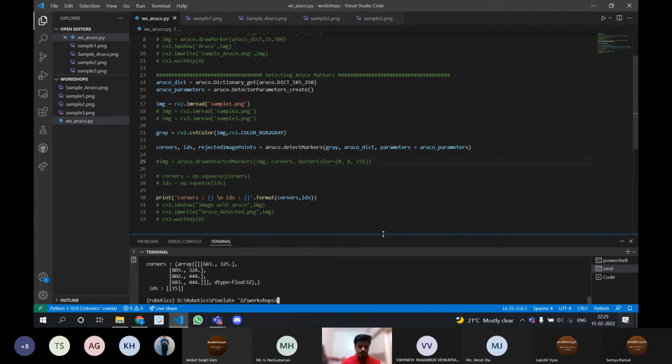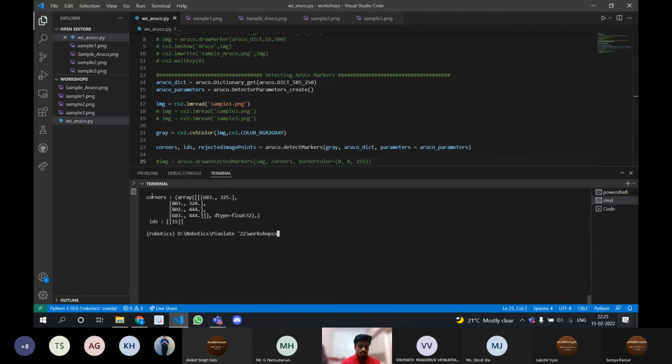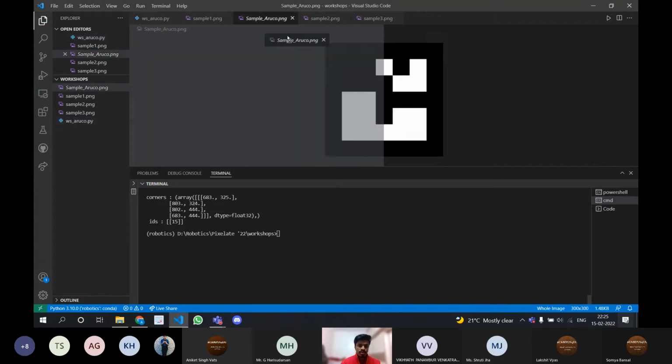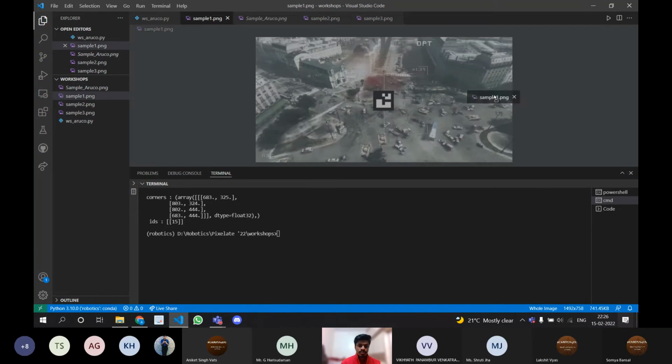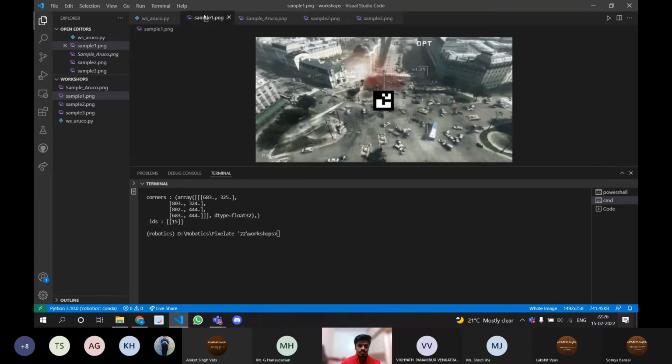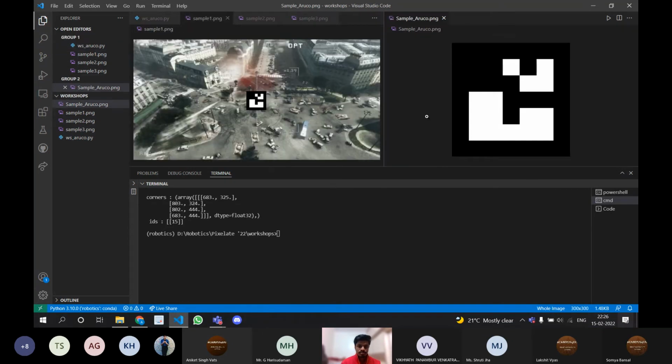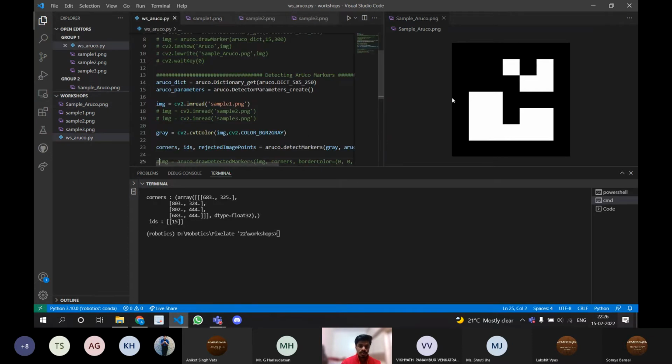Okay. So now you can see that. First of all, it returns corners. Corners are the XY coordinates of each of the corners of the Aruco marker. The order in which they are returned is like this: this corner, this corner, this corner, and